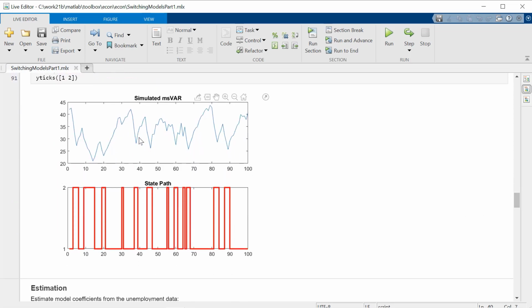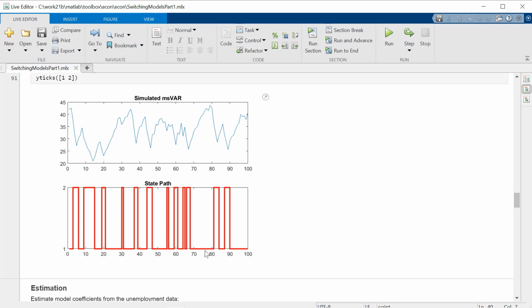So here now we have a simulation of our fully constructed switching model and also a display of the state path. And we see the chain going from state 1 to state 2, back to state 1, etc., with certain probabilities. We do see that in state 1 we seem to have these longer sojourn times, where it just stays in that state for longer.